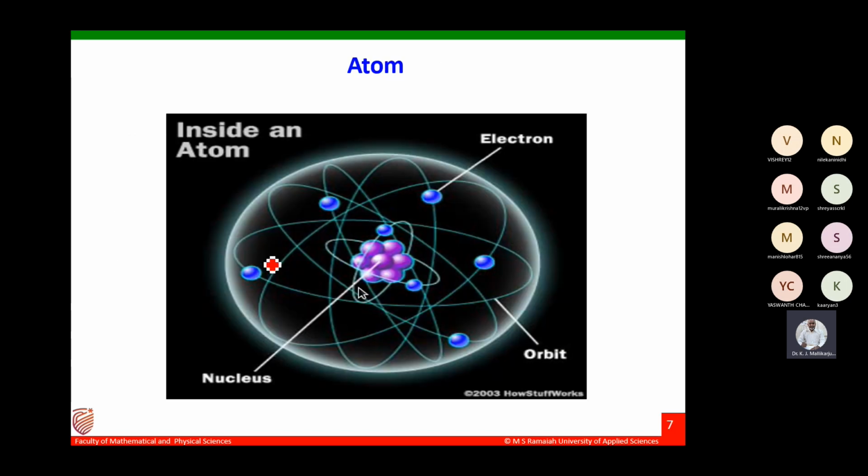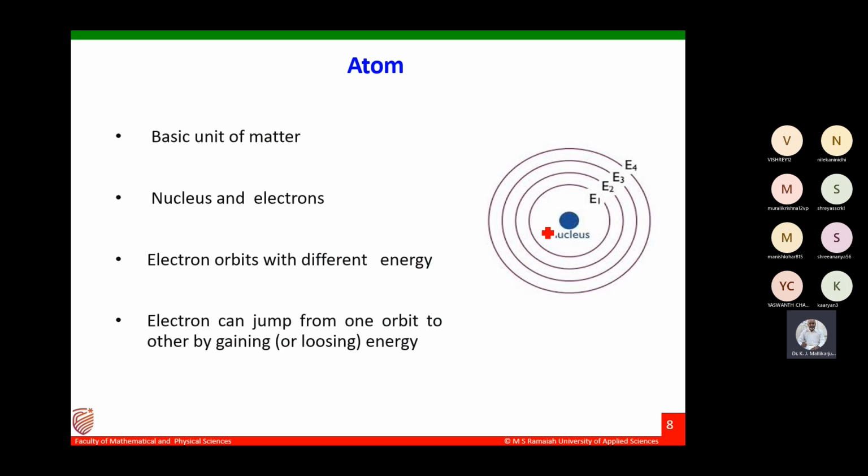Then we understood the real structure of an atom is like this. But for our understanding, we are considering electrons revolving around the nucleus in a circular path, for the simplistic version. Whenever electrons are moving around the nucleus, they do not emit radiation according to basic models. But whenever the electron moves from a lower energy level to a higher energy level, or vice versa, a radiation will be emitted.